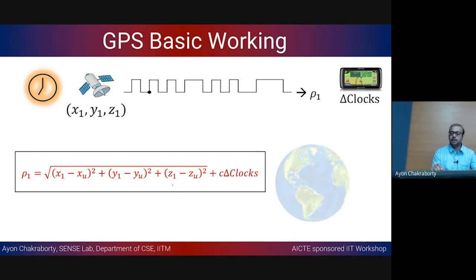Unknown device in the sense the device does not know its location. So, if we just take the Euclidean distance between them, the root of the summation of xi, yi and zi minus xu, yu, zu squared, that is going to give me the Euclidean distance,